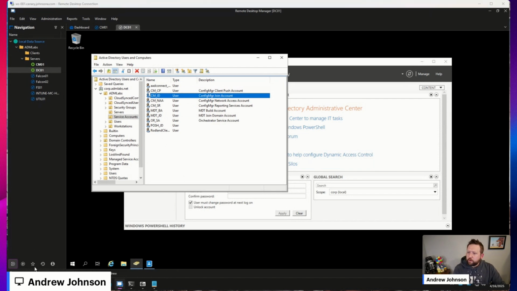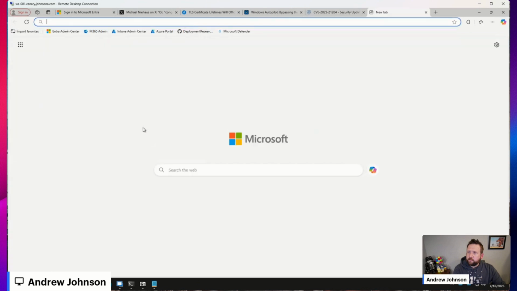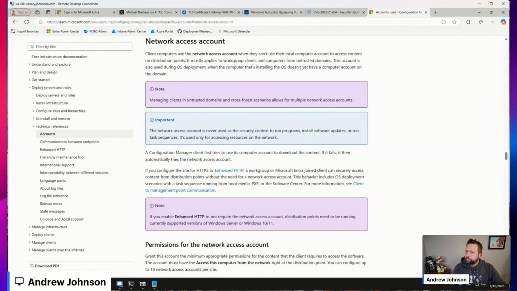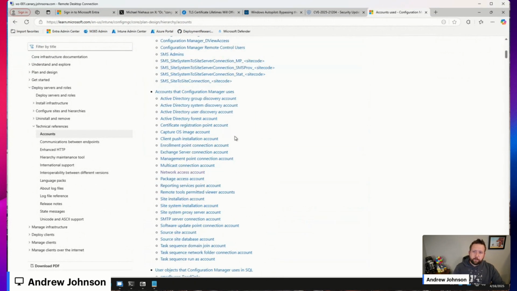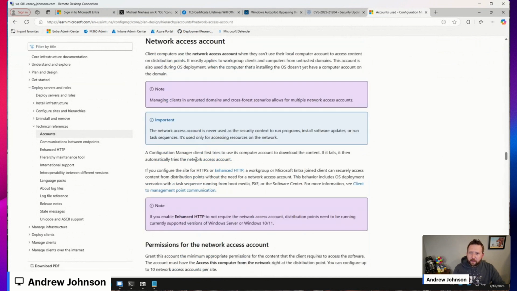And then I mentioned I was going to pull up some of the documentation here on this. So there is basically some Microsoft documentation. I'll share this link as well that indicates all of the different accounts that can be used. So if we click here, basically you can see down here all of the different types of accounts. So here's your network access account. We've got our software update point accounts, a whole bunch of different accounts that could be used. So I'll go ahead and share this. The network access account here,